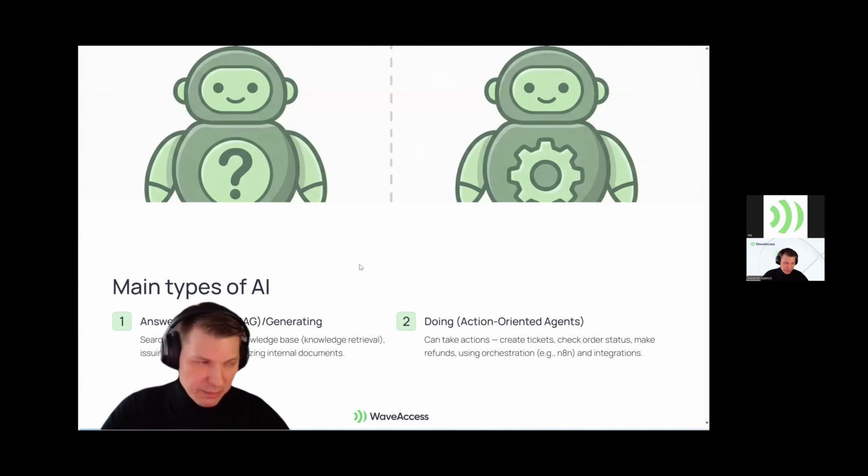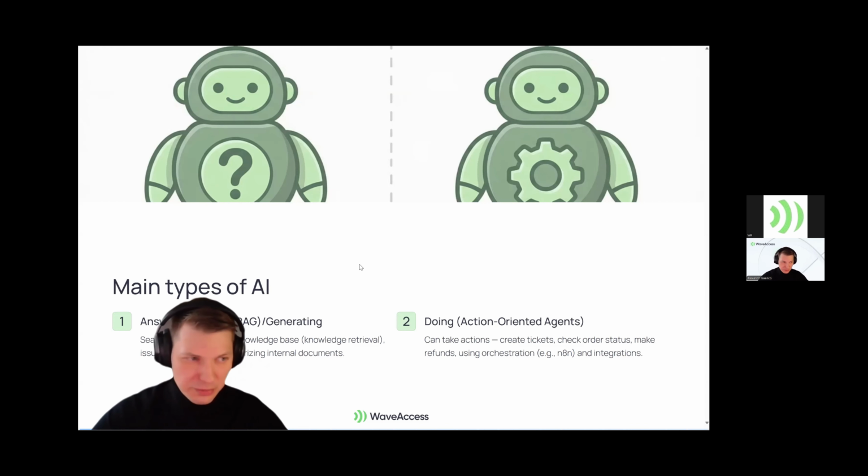So it's the answering type. It's simple, and the damage is not very high because the actual agent is not doing anything. From another point of view, when you implement agents or add AI in the process, you can use doing. It's when you actually take an action on something. For example, if you have an internal system,